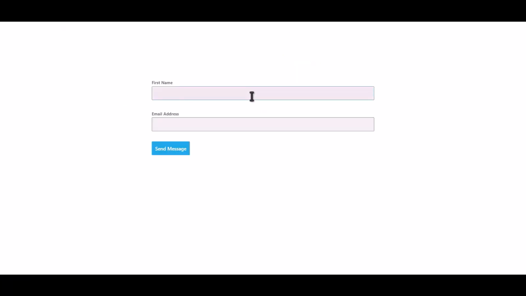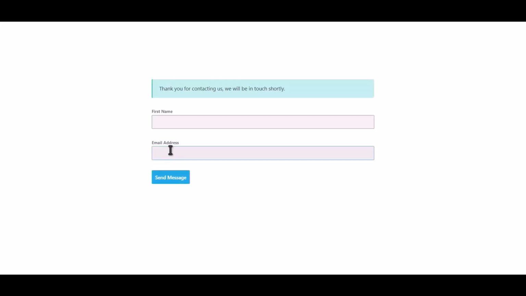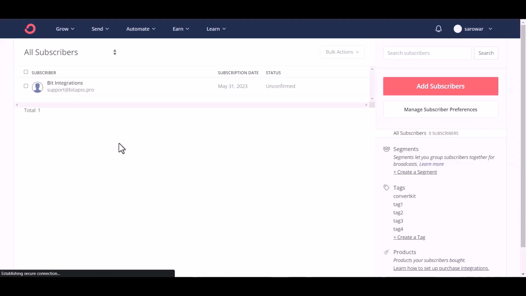Let's submit a form. Click on Send Message. Form submitted successfully. Now go to ConvertKit site. And you can see the data came successfully in the